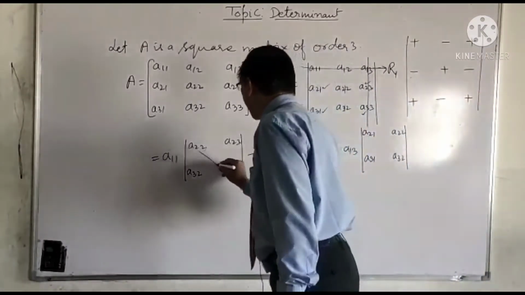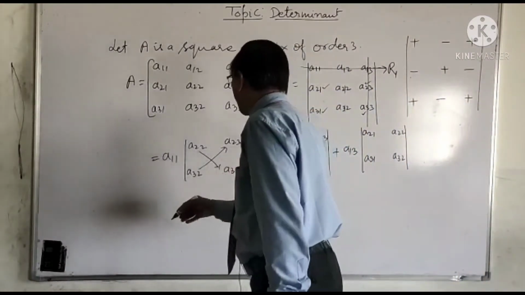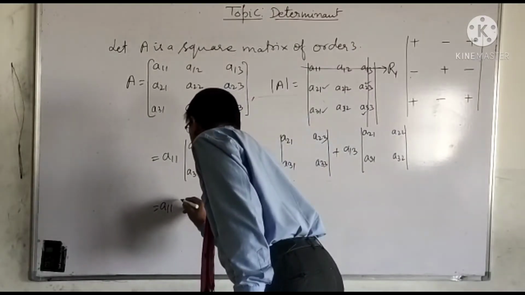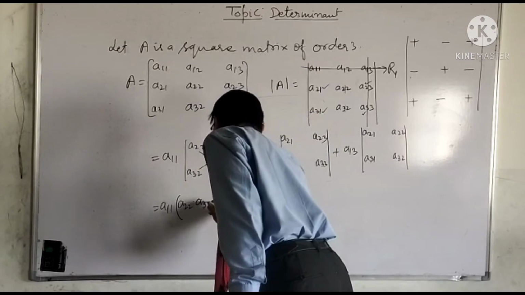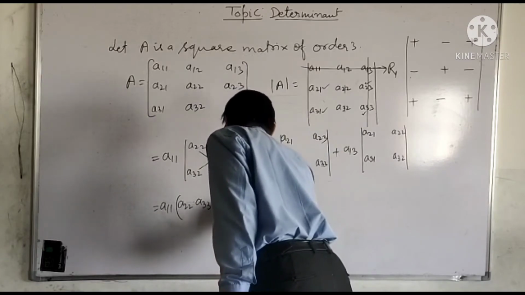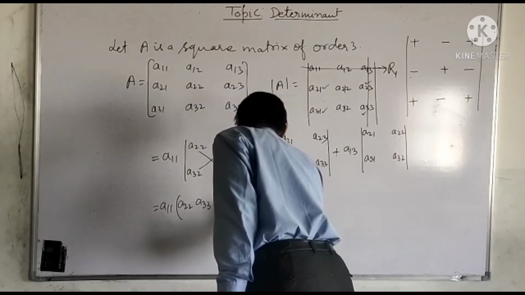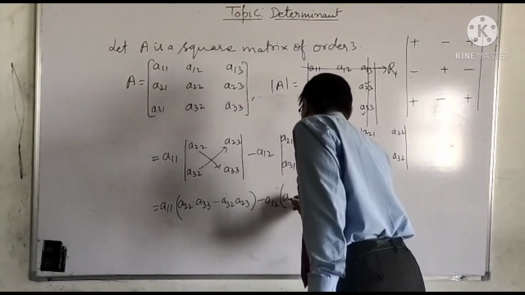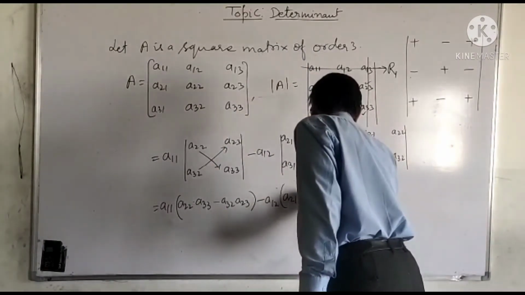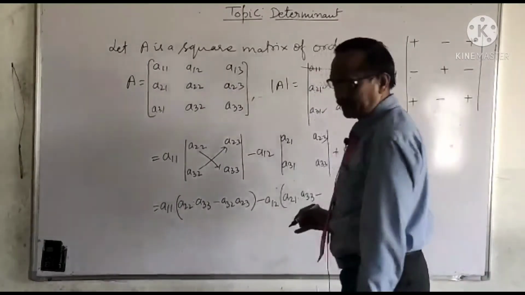Now we will expand the second order determinant. So it is A11 into A22 into A33 minus A32 into A23, minus A12, then A21 into A33 minus